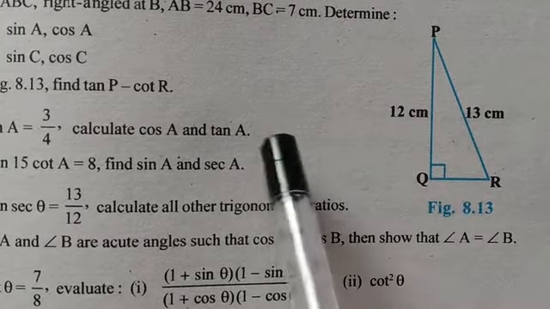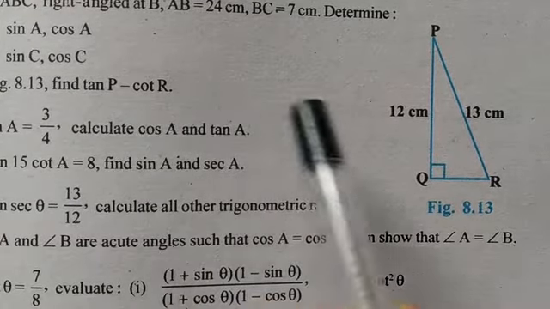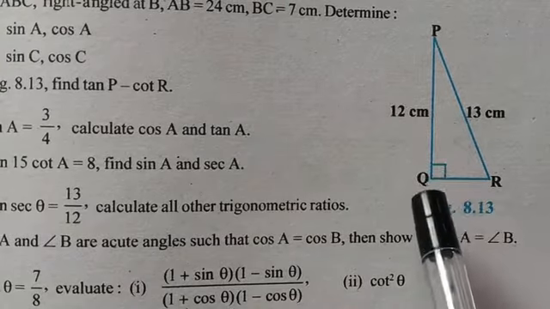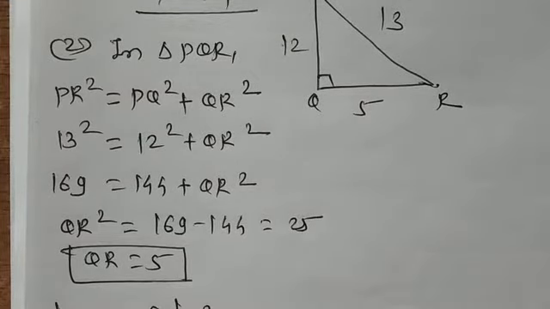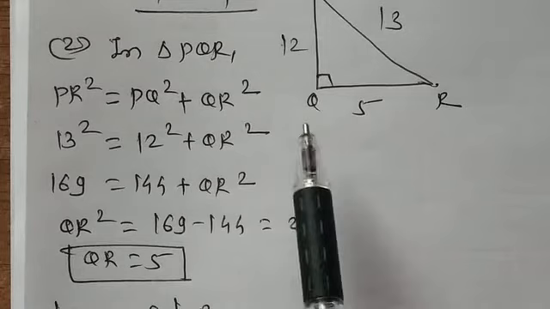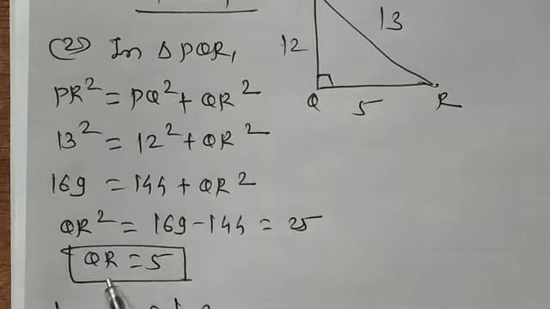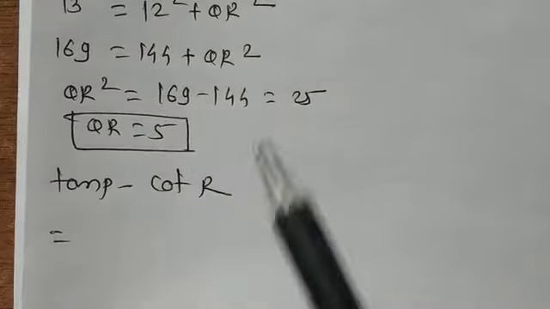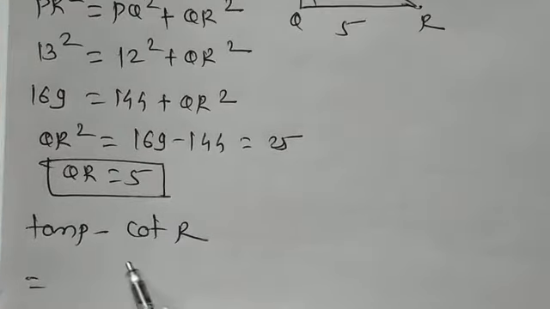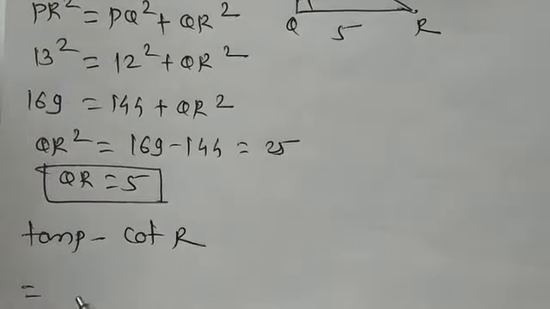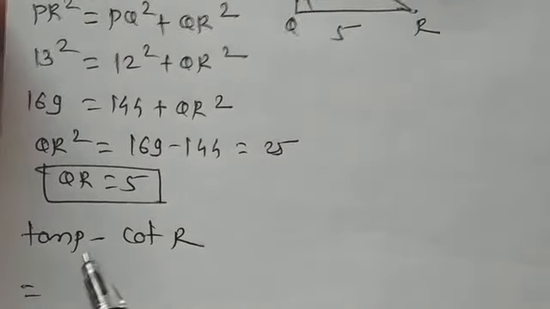Then use the value of tan P minus cot of R. So in triangle PQR, the QR value is 5, found using the Pythagoras theorem. Now find tan P minus cot R. So tell me, what is tan P? The formula: tan P is